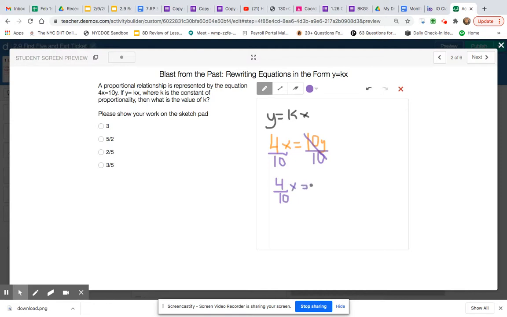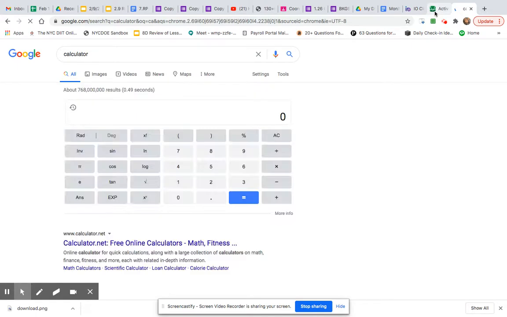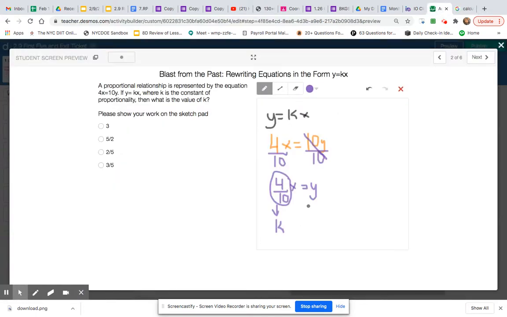equals y. Okay, so notice here my equation, even though the y is over here, guys, notice that it's isolated. So I have y is equal to k, in this case 4 over 10, times x, right? So this is my k. But notice, is any of the answer choices exactly 4 over 10? No, but that's fine. I'm just going to see on my calculator which one of the answer choices matches 4